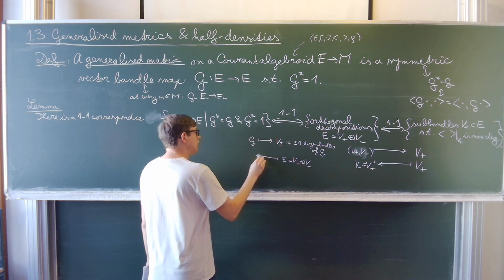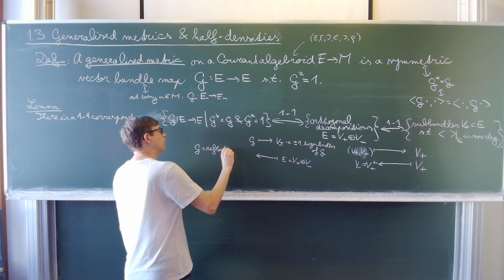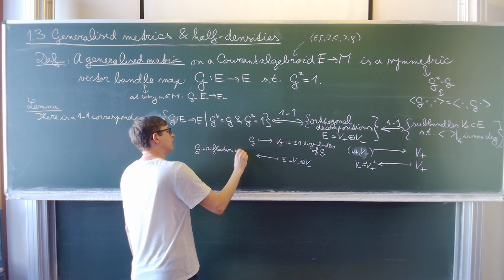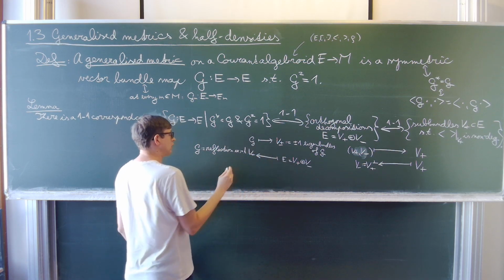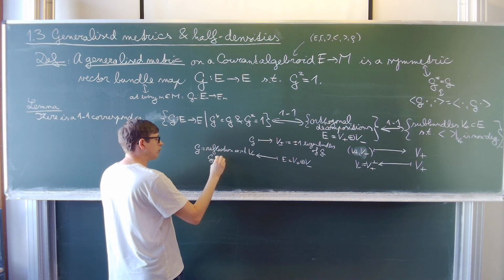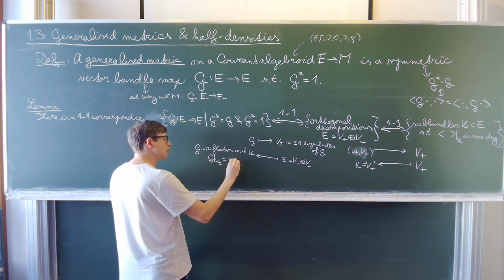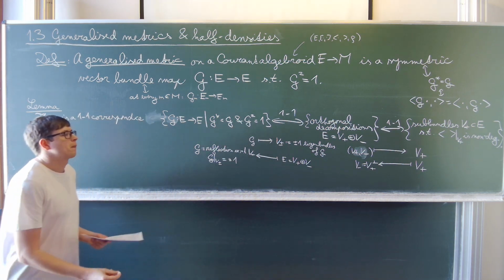then I can take G to be the reflection with respect to V plus. Or in other words, G on V plus minus becomes simply plus minus 1. Okay, so